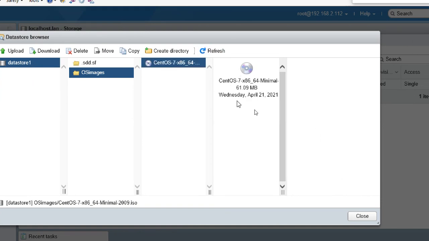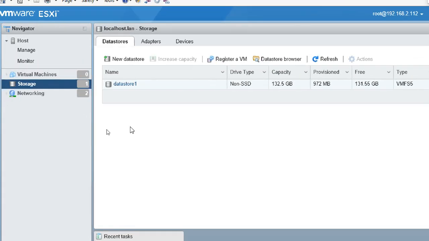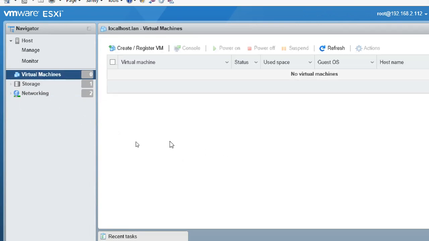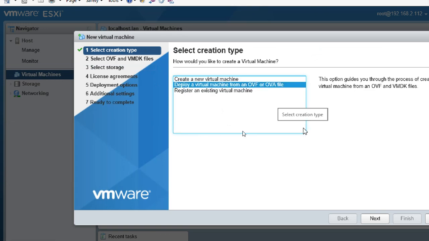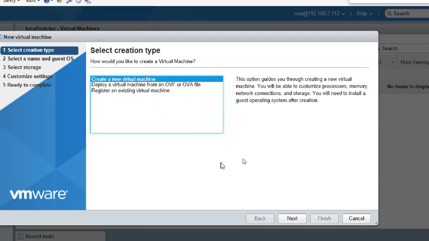It's going on. You can see data. Okay, so let it run in the background. I want to show you how to create a virtual machine first of all. I've shown the OVF, OVA, tiny OVA like that. You have to put it in one storage, then we can access it.